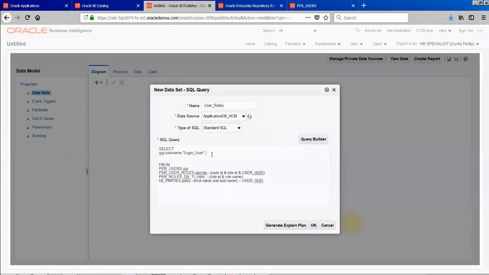Lakshmi, small question. When we are selecting the data source, it's a schema, any one of the schemas. Correct. If I am writing a query joining multiple modules, HR with another module, then you have to create different data sets and combine them together. So that means the data source will have the feasibility to add multiple sources, right?